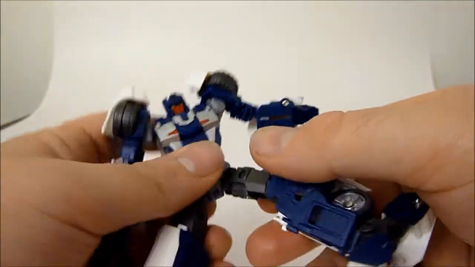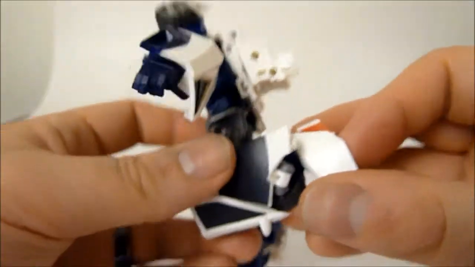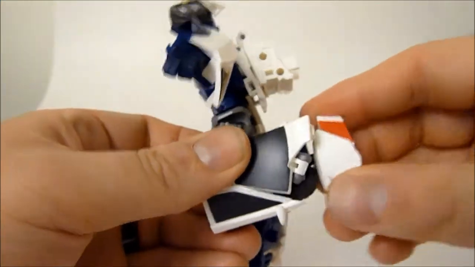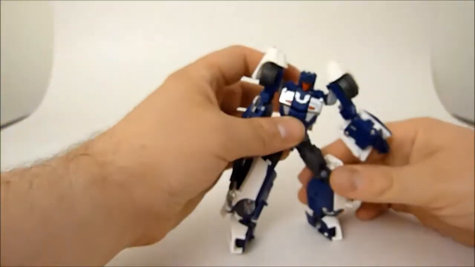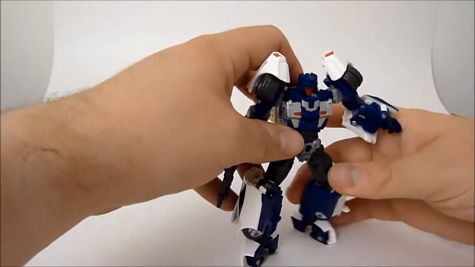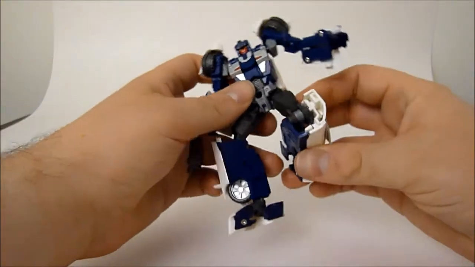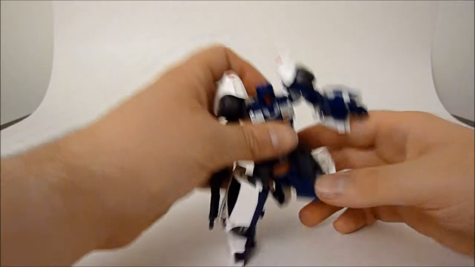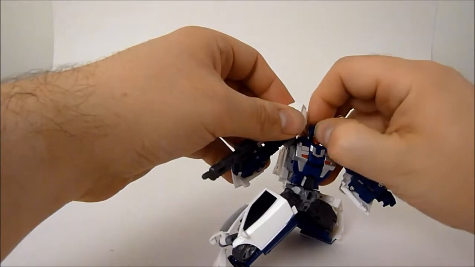His waist is swivel. He's got a ball jointed hip and a thigh swivel and a knee. Very decent knee, just like that. His foot is on a ball joint as well, and he's got the toe articulation going on here. So very nice, very posable figure. You can get a lot of decent poses out of this guy, and he will hold a whole lot of poses. I was kind of messing around with him yesterday when he first showed up,